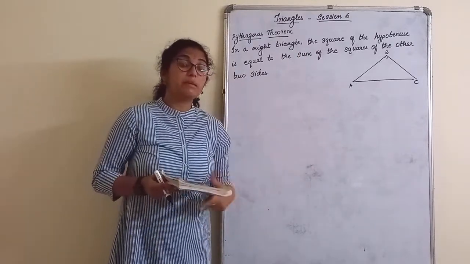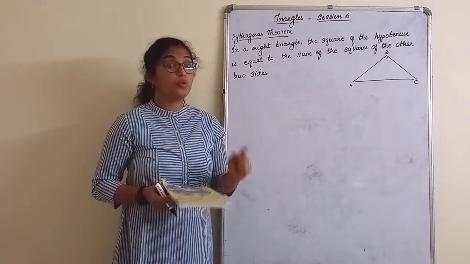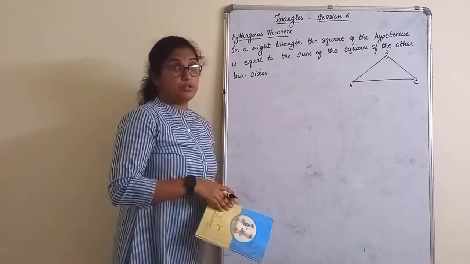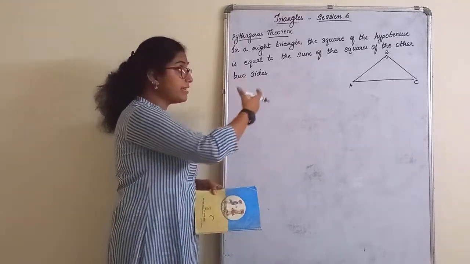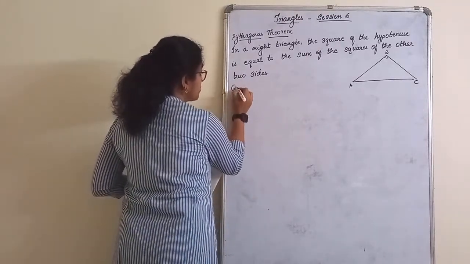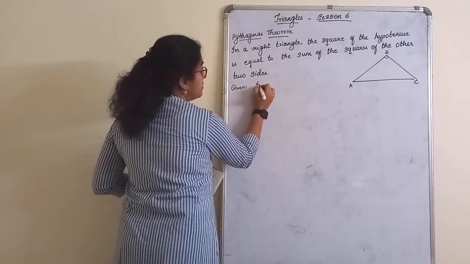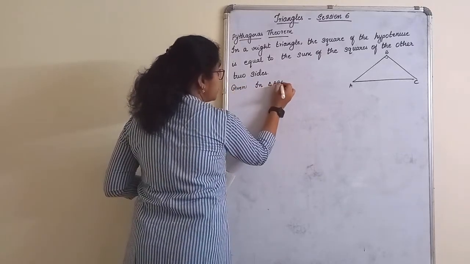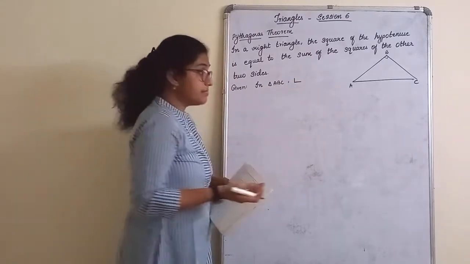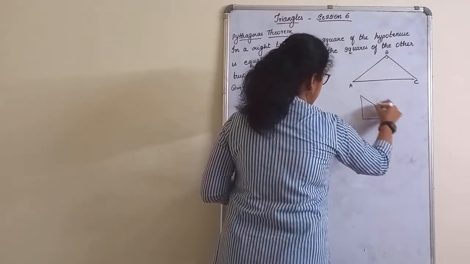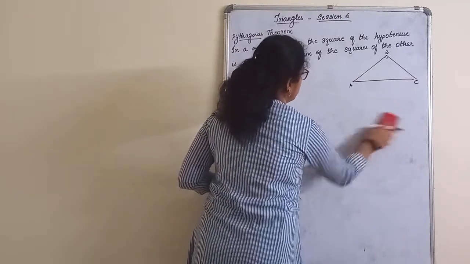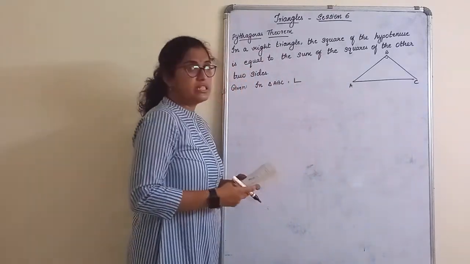Same as the basic proportionality theorem: state and prove basic proportionality theorem. Right? So let's start with this, and we are going to use the similar triangle concepts we have studied to prove this theorem. So what is given in triangle ABC? You might be wondering why I have drawn the right angle triangle this way, when I could have simply drawn the right angle in this way. That would be much simpler. But as it is given in the book, I have just followed the same thing.